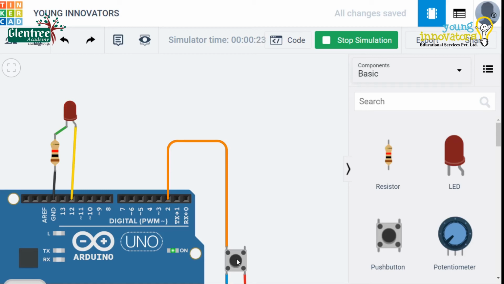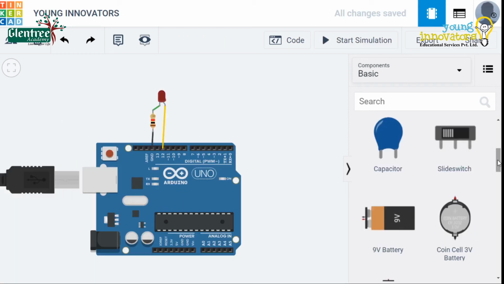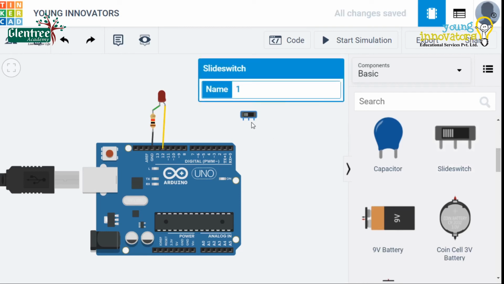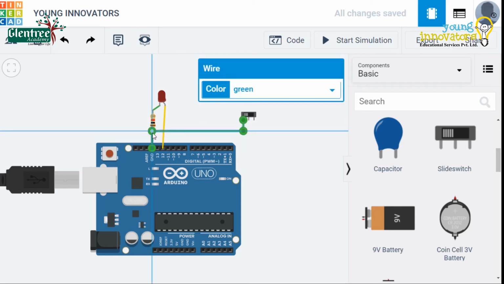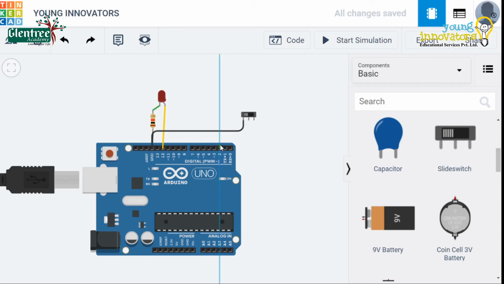We can replace the push button with a slide switch and make it work in the same way. We shall drag a slide switch now and connect terminal 1 of the slide switch to the ground, terminal 2 of the slide switch to the 5V terminal on the Arduino, and the common terminal will be given as the input.